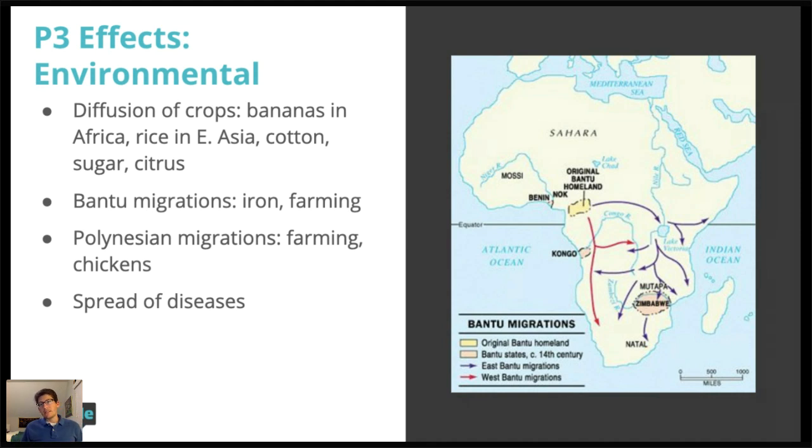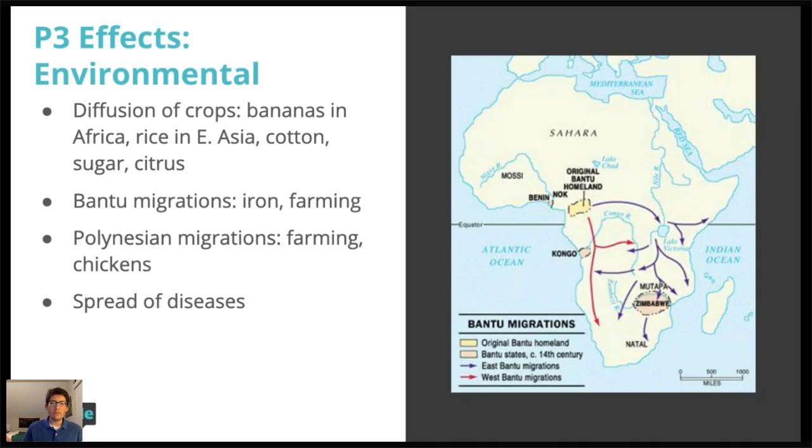And so that's something interesting to think about if we're going to be comparing time period 3 with time period 4, right? We see the spread of these plants, these foodstuffs in both time periods. Along with trade, we see other environmental factors, right? As people trade and trade routes are developed, people migrate along those routes. There are 2 big migrations in this time period. The Bantu migrations, which spread iron working and farming in sub-Saharan Africa, of course, changed the landscape of sub-Saharan Africa,